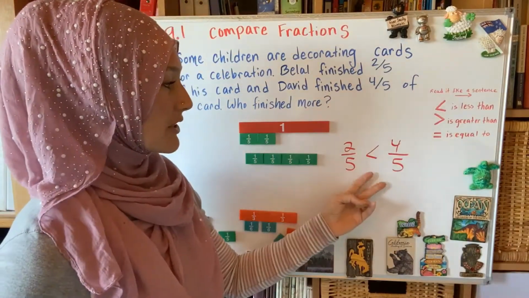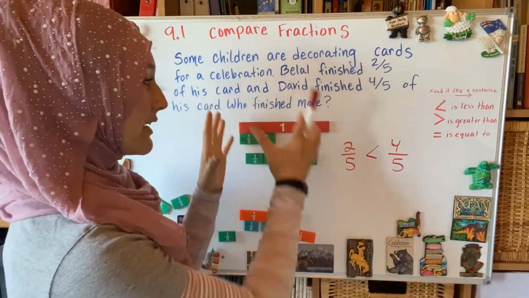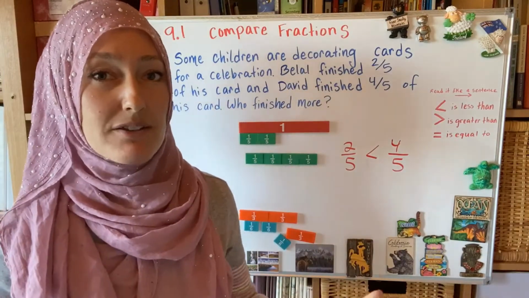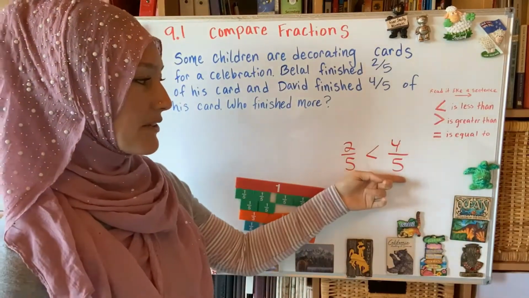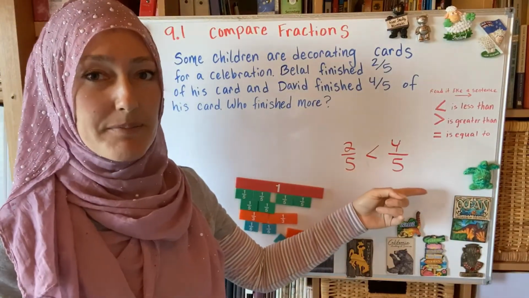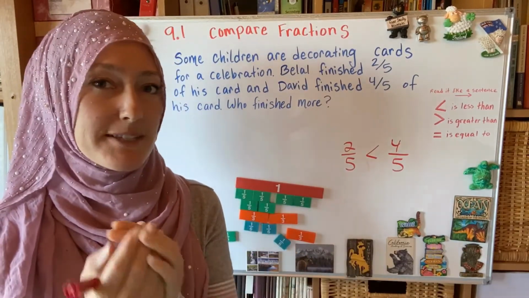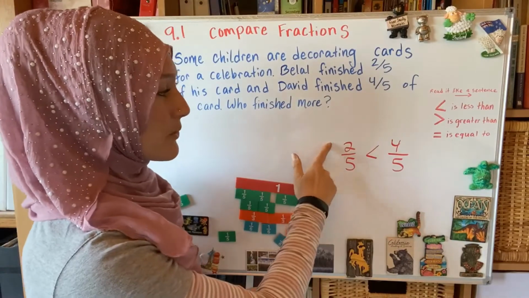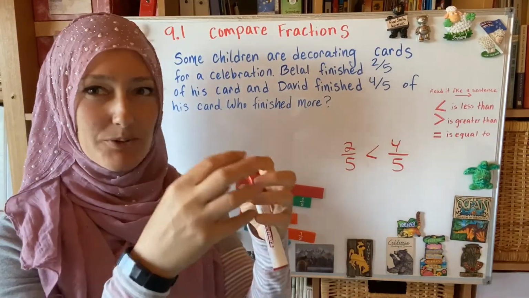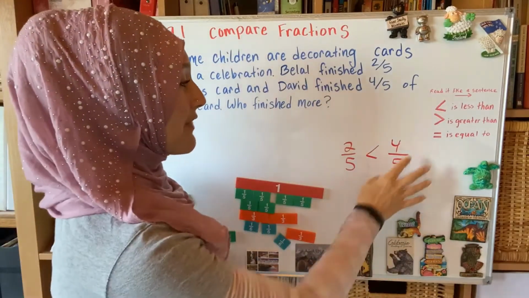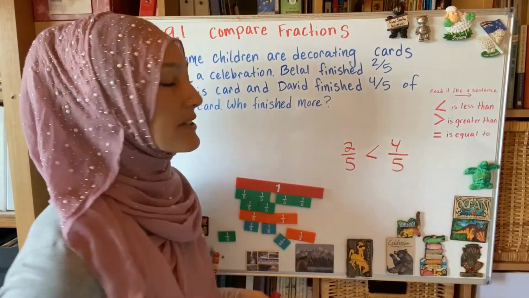So if we were to look at these two numbers and we didn't have a visual to help us know which one is greater than or less than, would you still be able to compare? If I knew that the bottom number, the denominator, is the size of the piece, so those are equal, they're 5th size pieces, and this one is only 2 out of the 5, that's like taking only 2 sections of it, and this one is 4 out of the 5, I should know that 4 is going to be more